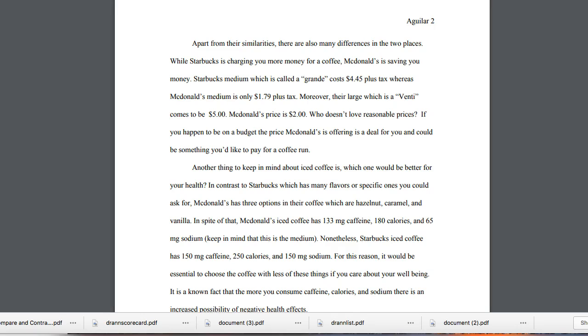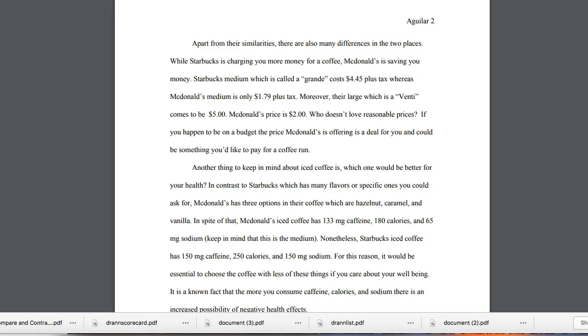So again, these are words and phrases that make it easy for your reader to move from one idea to the next. And remember, when you write a paper, you have to think about your audience. You have to think about who is reading that paper and whether that person is going to understand what I mean, all right? So I pulled up Michelle's paper because on page 2 of her comparison contrast essay draft, she